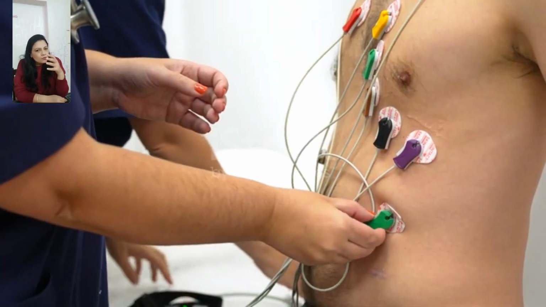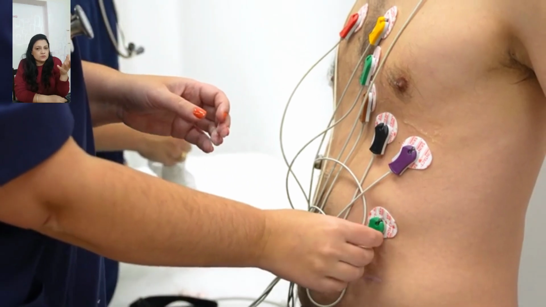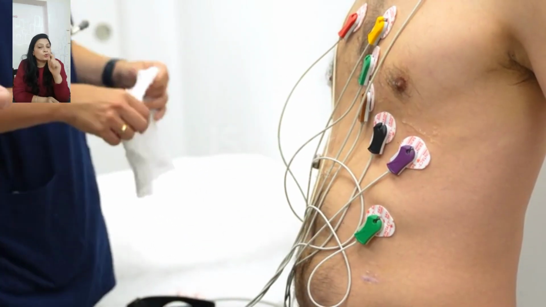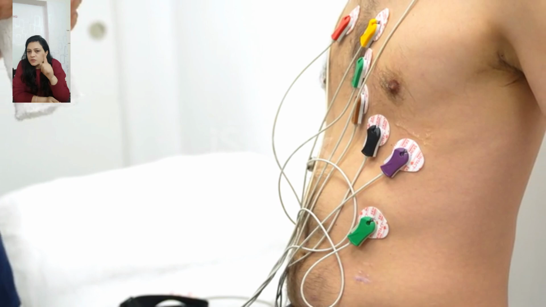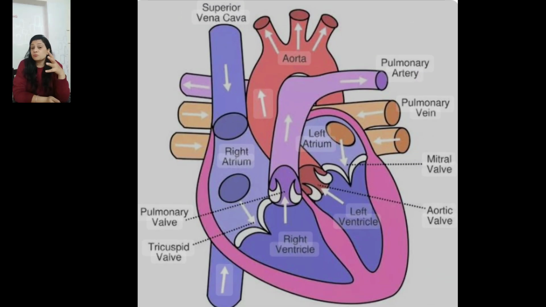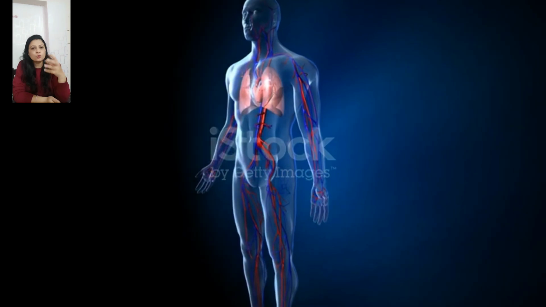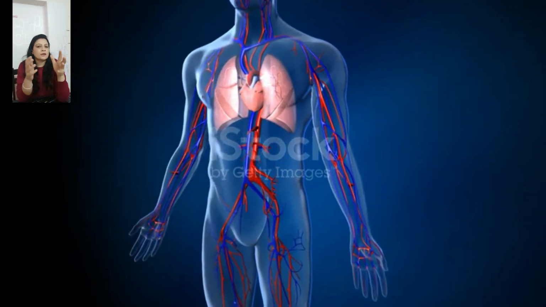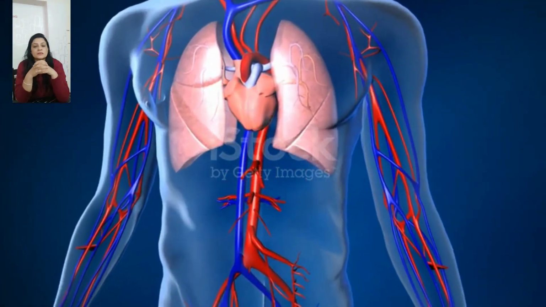So today we are doing the basic ECG patterns, right? But stop here, we are not going to understand the basic ECG pattern first. Firstly, we are going to understand the anatomy of the heart, right? Because before moving towards the complex structure, we should know the basic anatomy, and this is very very important from the exam point of view.